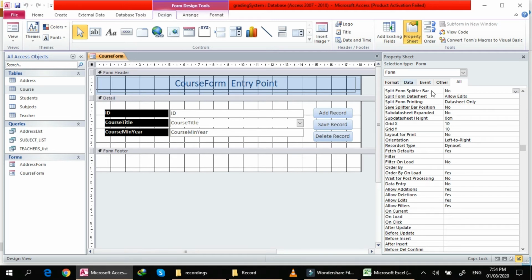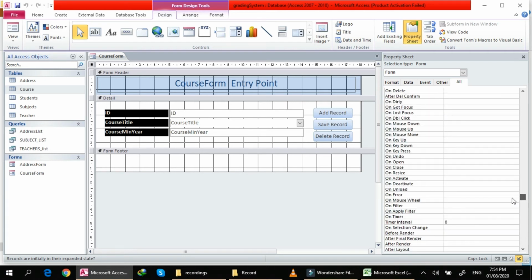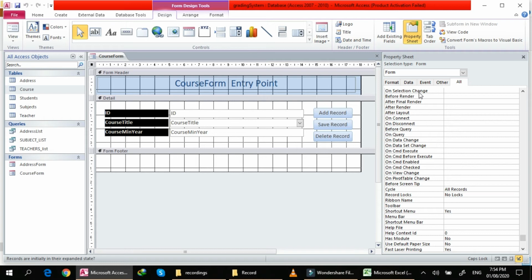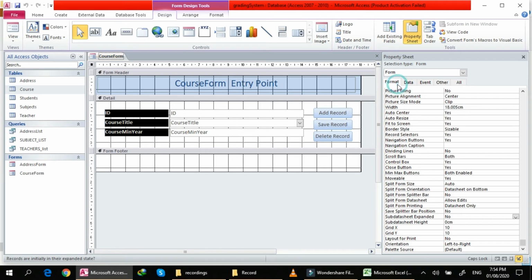Look at save. Okay, so filter on load, left to right orientation. Okay, the sheet only. So there's a lot of format here if you want to change how your form looks. You can just study all of these: how to put sizable, navigation yes, navigation caption, dividing lines, scroll bars, movable yes, or whatever kind of